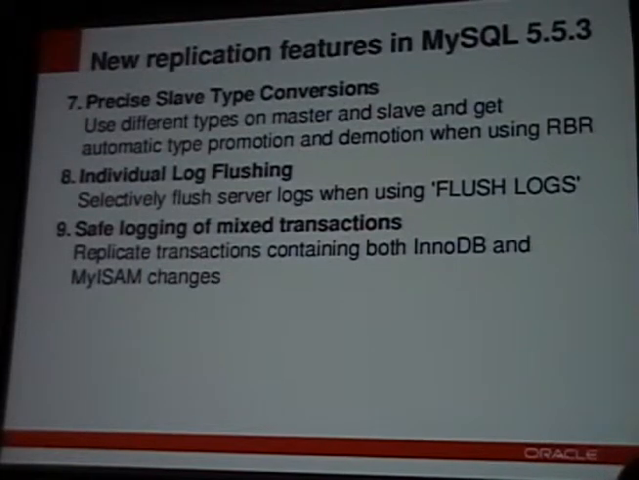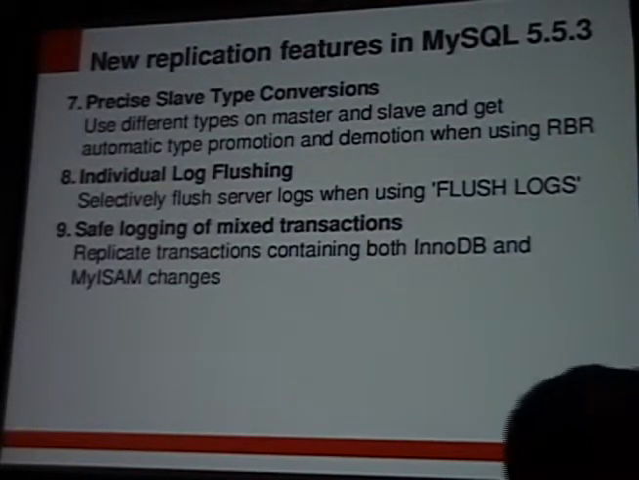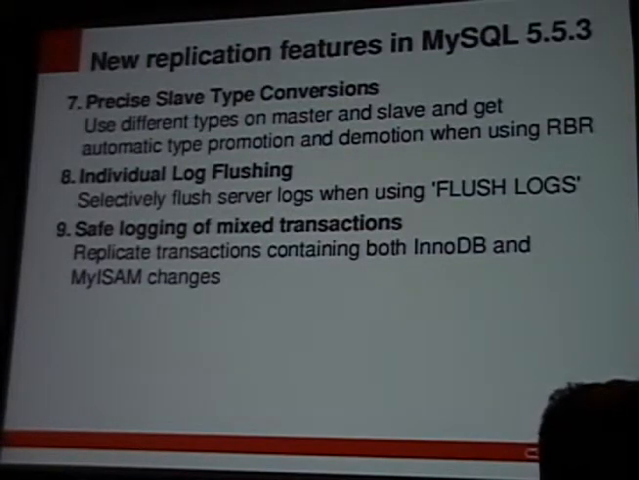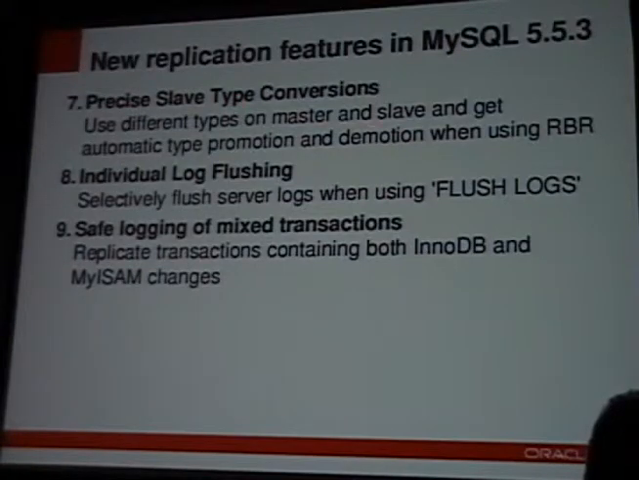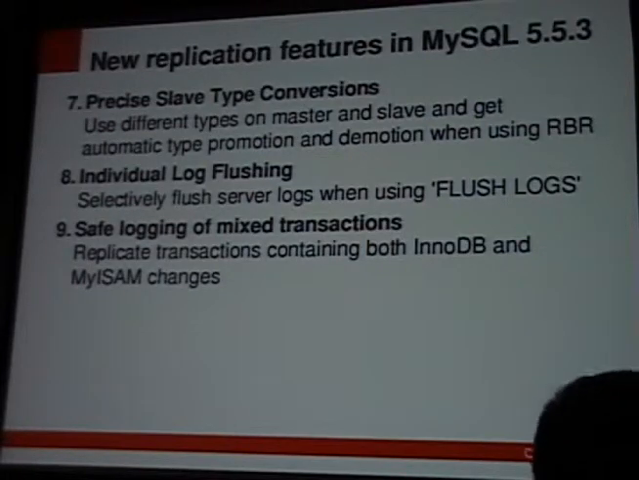The recent 5.5.3, which came out, I think today or yesterday, something like that, has 3 more features. There is precise slave type conversions. So you can have different types on master and slave. So if you use an int and a tiny int for a column on the master and the slave respectively, then using statement-based replication, you have always just executed the statement on the slave, so it would work if you change the types. In row-based replication, we said that we are going to be more